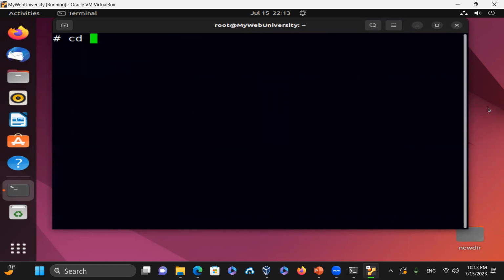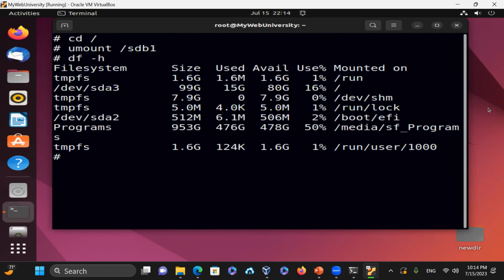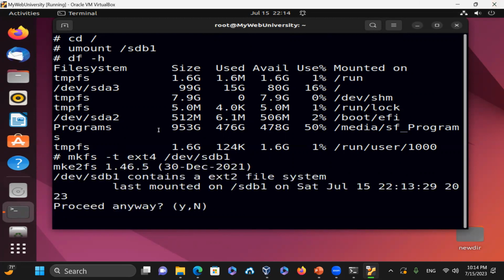Clear screen. First, you have to go to the root directory. You unmount sdb1 first. That is not mounted. And now I'm going to say mkfs -t ext4 /dev/sdb1. So now it says this one has an ext2 file system on it. Are you sure? If you override it, the content of those files will be overwritten. So the file is not going to be the same type. And then you say, yeah, go ahead, do it, because I want